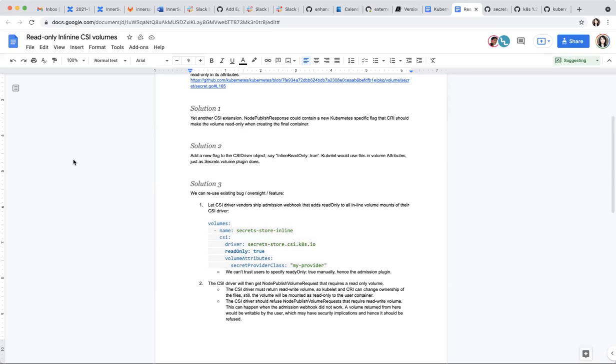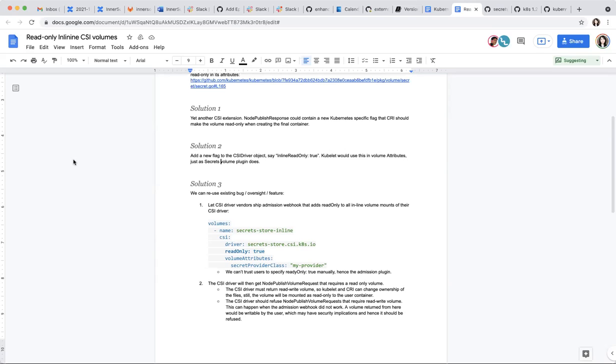Yeah, I can imagine an API change. I'm not sure it's the right approach. Definitely, it's more obvious. So if we could automatically decide what is the right way to implement read-only, depending on other existing information, let's say the volume type or some other property of the volume, that's a little bit better than adding a new flag.